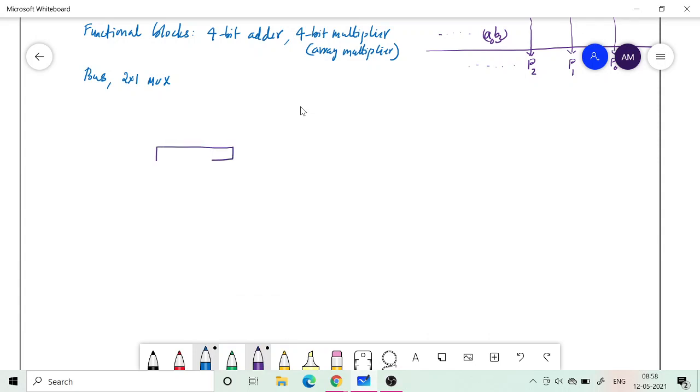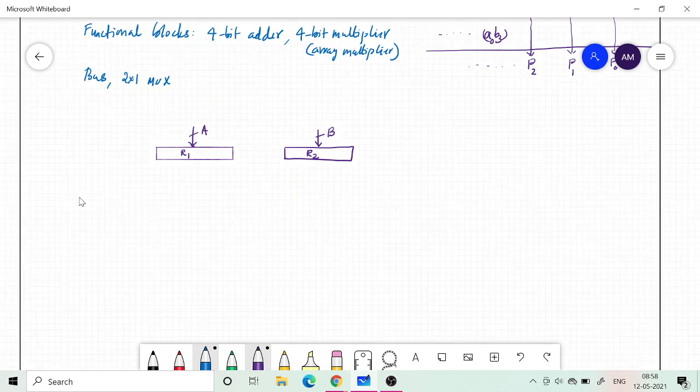These are 4-bit registers R1 and another register R2. To this we want to load our A data, and to this we want to load the B data.